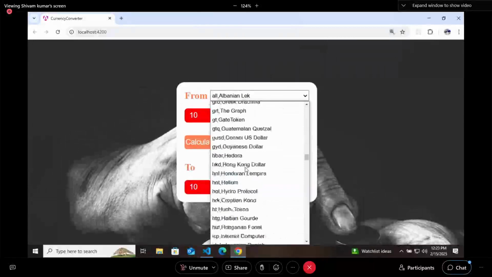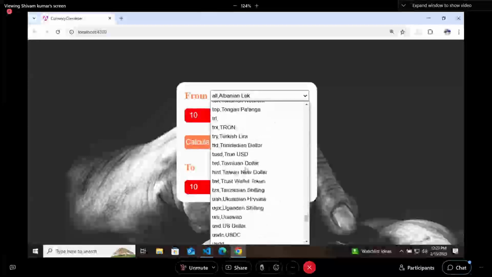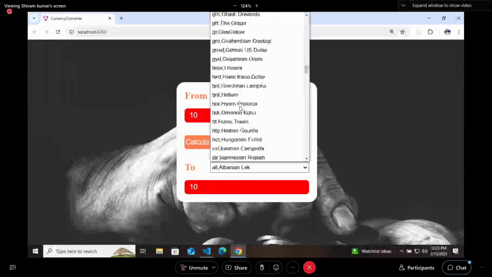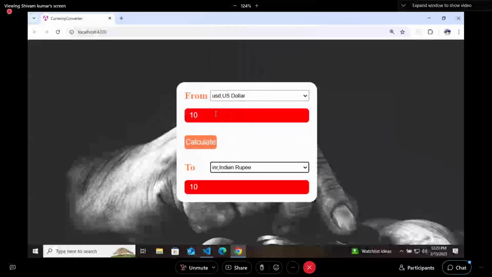If you are getting US dollar and you want to convert that US dollar to Indian rupee, 10 US dollars will be equal to 866 Indian rupees. That's fine. Now it is working fine. You can check it for any other currency.